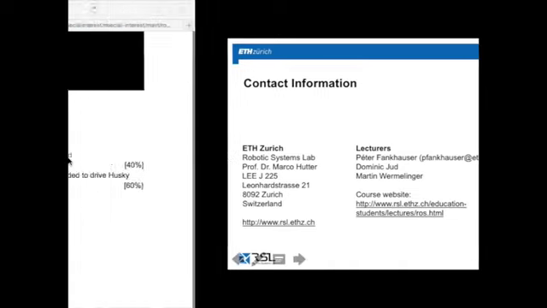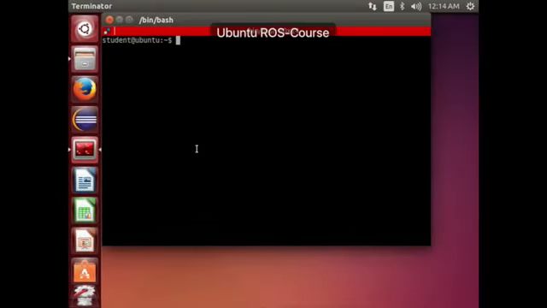Now I'll quickly take you through the exercise. So I already prepared that launch file. Now Peter explained to you that you can start a launch file by typing roslaunch, the package name, and then the launch file. But you can also directly start the launch file without the package name, because now you're going to write the launch file, but you don't have a package where you can put the launch file, right? So you can just create the launch file anywhere in your PC, and then type roslaunch,